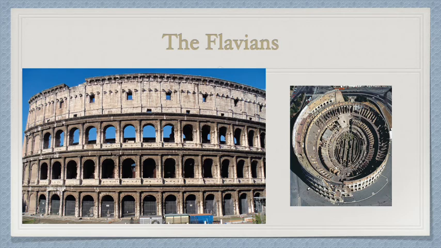Now, it could not have been built without concrete. It's made of a complex system of barrel-vaulted corridors. These barrel-vaulted corridors held up the enormous oval seating. And you can see from the view on the right as we're looking down at the Colosseum, much of the marble seats have actually been removed, but you can see these different rows of seats. And so the barrel vaults that you see on the left hold these up. There was also a complex system of barrel vaults that were used as tunnels, and there were actually several substructures within this,